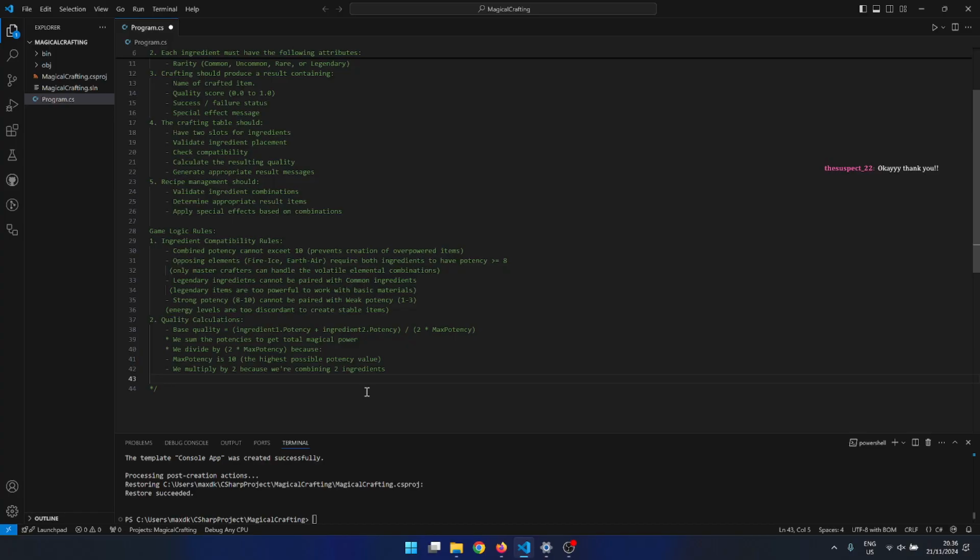Okay. So anyway, yes. So yes, we multiply by 2 because we're combining two ingredients. So this was going to create a scale where,